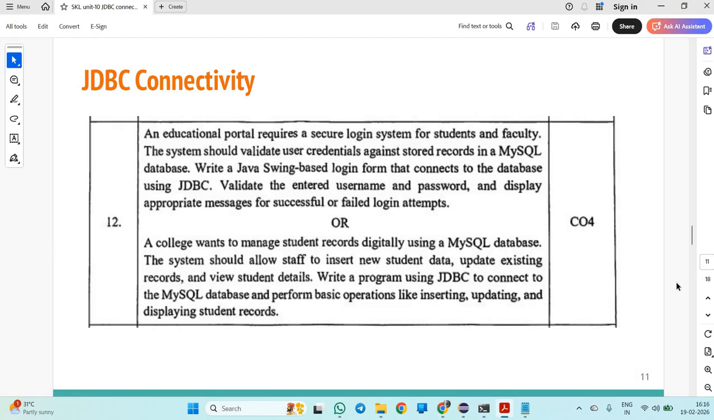First, you have to create an educational portal which requires a secured login system for students and faculty, applying validation of user credentials. Another one is that you have to keep the records of students with the help of a MySQL database. But before going to perform these lab operations, first of all we will get to know what is meant